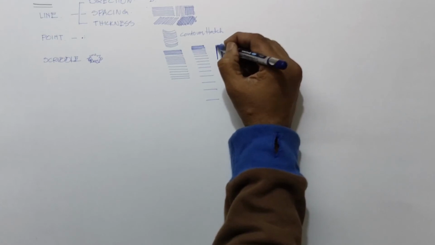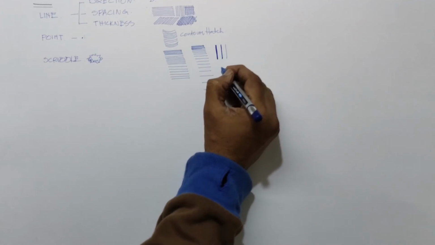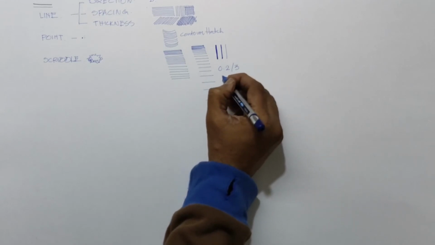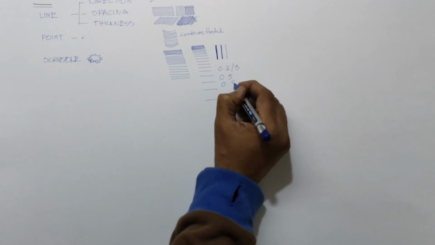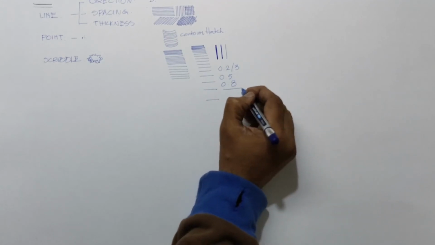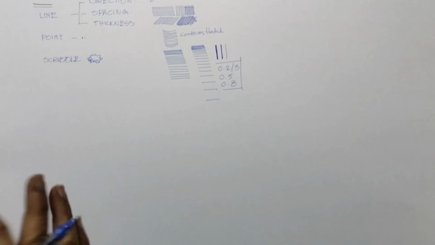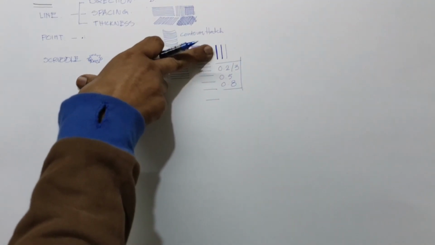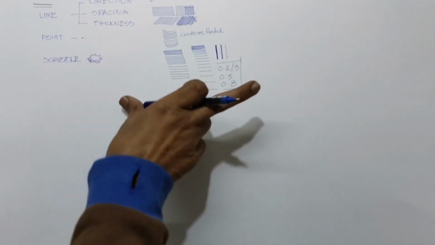Instead of working so hard, you can buy a 0.2 or 0.3, 0.5 and 0.8. These 3 are enough. If you buy these 3 pens, you can complete any type of drawing using them. So this is somewhat like 0.8, I can say. This is around 0.5. This is maybe 0.2 or 0.3 for very fine hatch detailing.